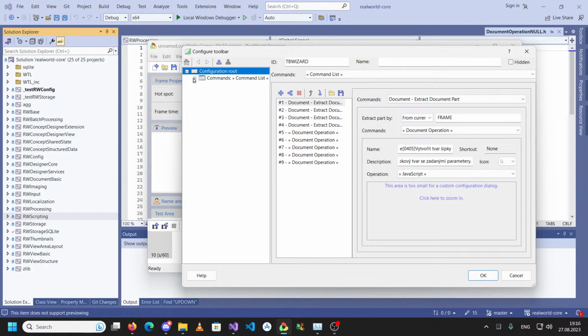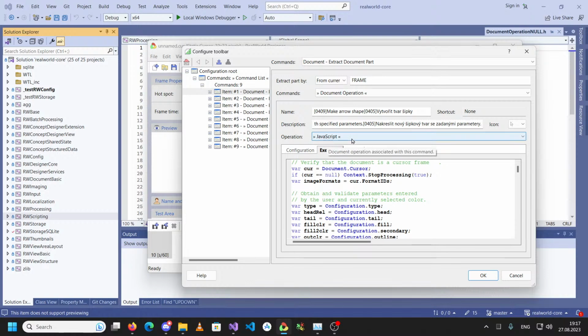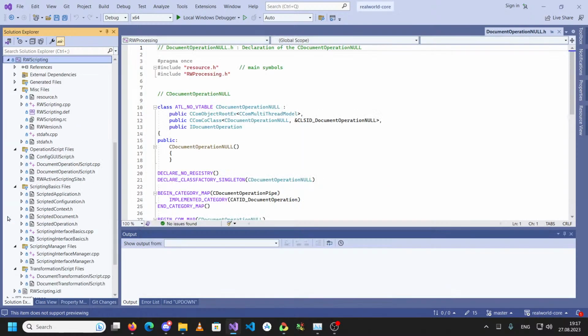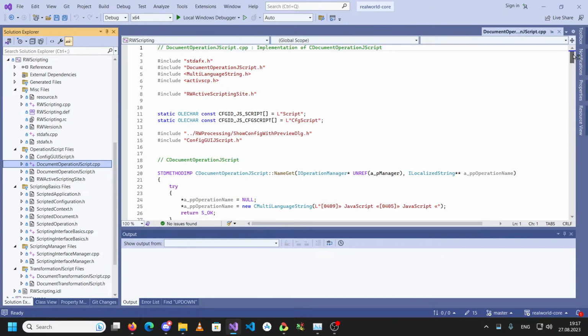We have talked about it minutes ago. Under it we see document operation. We again extract part of the document we want to work with, the current frame, and here is the JavaScript operation that is implemented inside RW scripting. You can see it here, operation JavaScript, and here, and mainly here, it's longer,